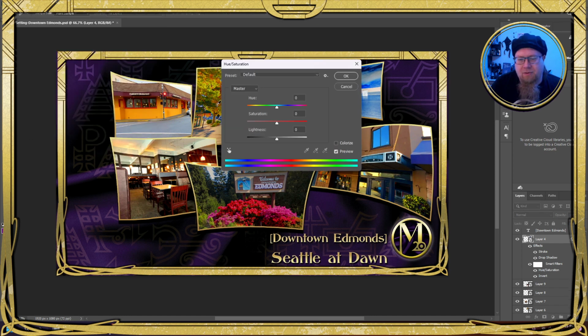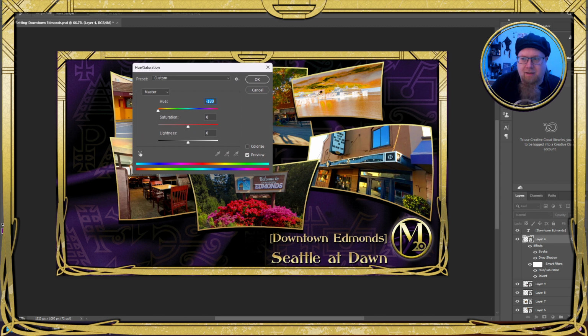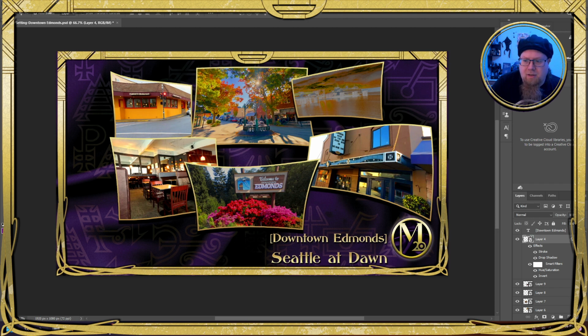So I want to grab hue and saturation, and I'm going to go all the way over to 180, so we get this. I also want to pump up the saturation because in the spirit world things are much more tangible, but it's also darker, more shadowy, and not as bright as what we see. Certain things are, and we're definitely going to be using that to our advantage. So this is the scheme that I'd like for the spirit world, and we're now going to apply that to all of them.